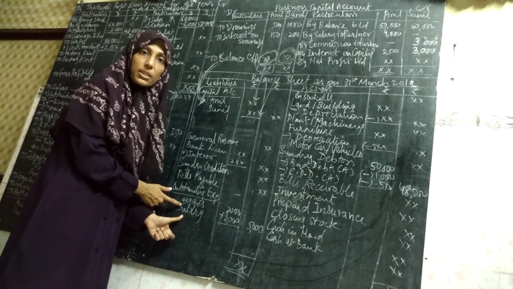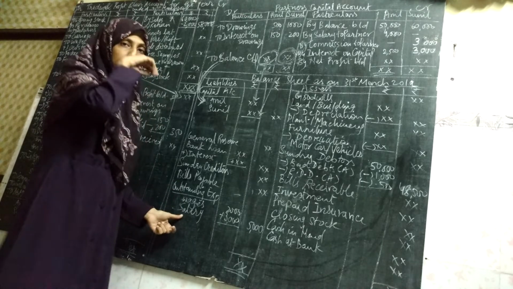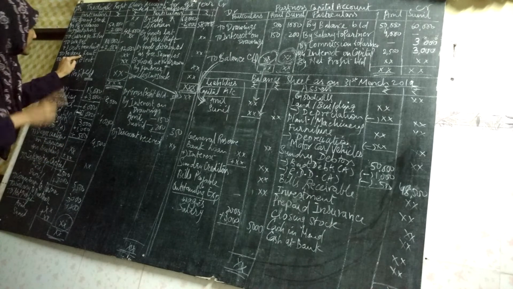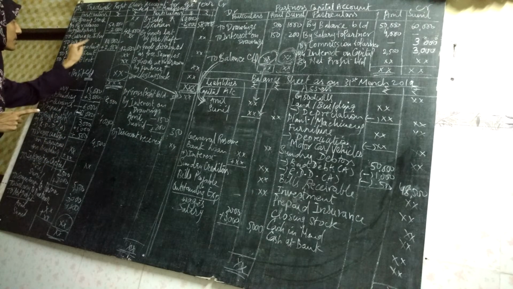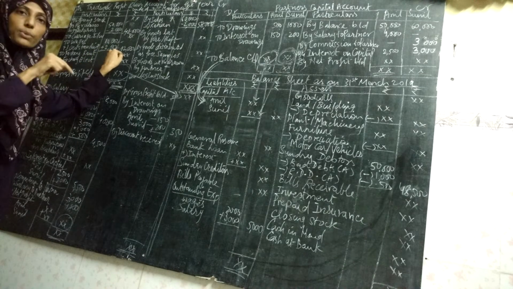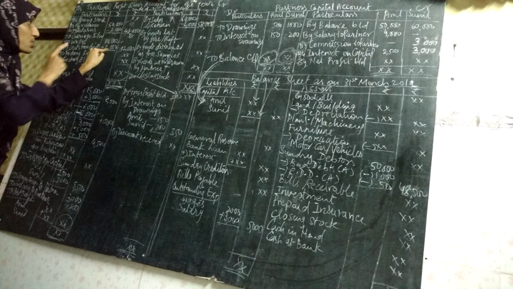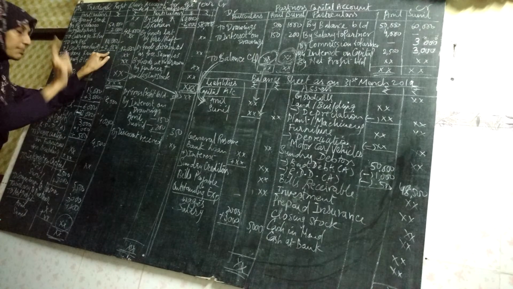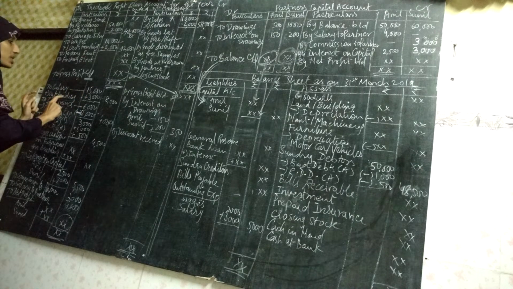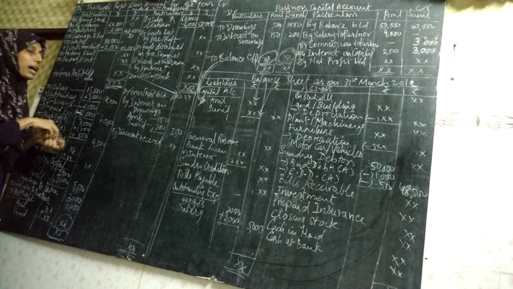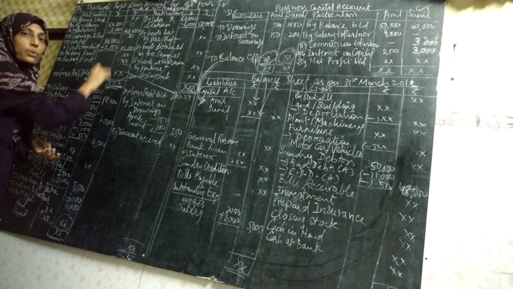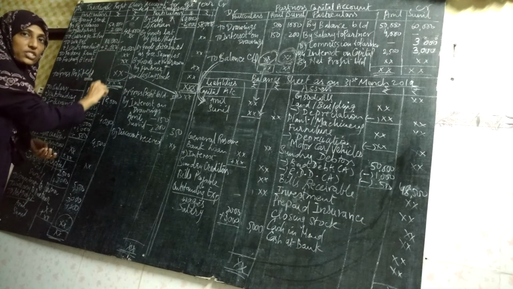This is a part of adjustment, where we did wages and salaries. We did wages in the trading account. In the last video, I had told you wages 10,000, outstanding rupees 2,000 added there, and in the outer column we showed it as 12,000. So this was one effect of outstanding wages. Similarly, we had salary rupees 15,000 and outstanding salary added rupees 3,000, so in the outer column I had written 18,000. So these two were the adjustments, outstanding wages and outstanding salary.